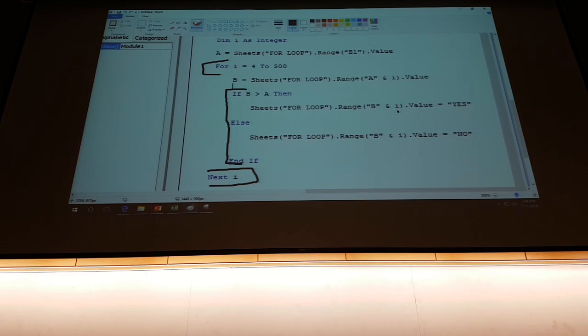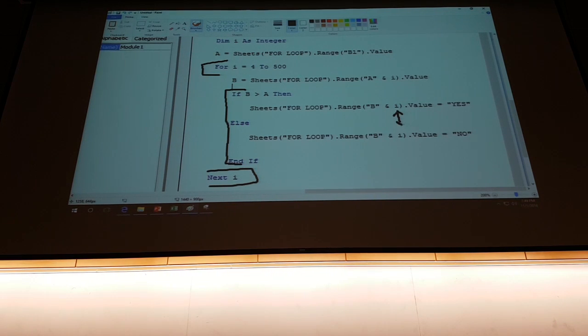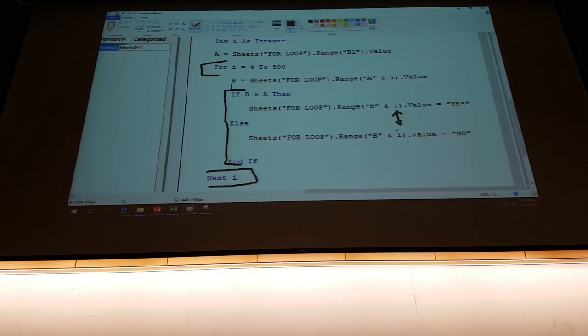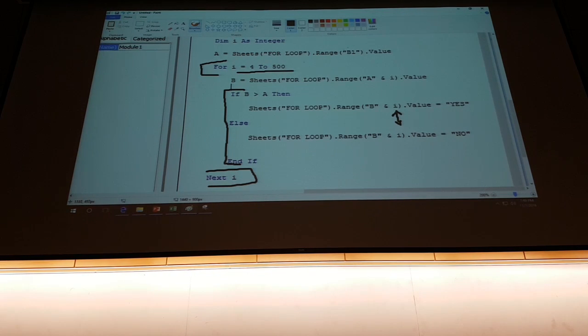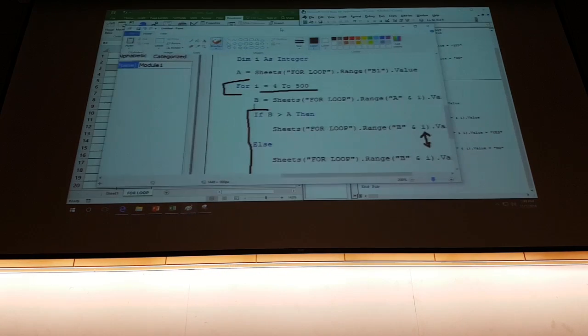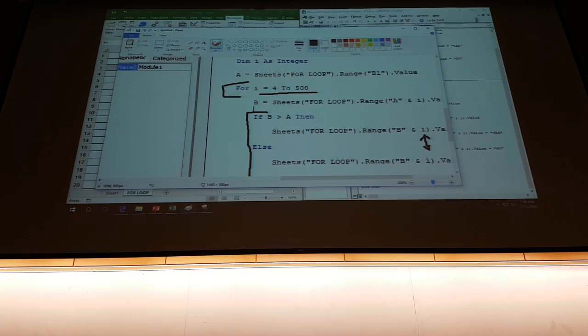The only thing that has changed is this. Instead of saying B3 or B4 or B5 as a constant value, like with the 5, 4, 6, whatever, we're changing that with a variable called I, which is incrementing every single time until it hits 500. You don't have to do 500, you can do exactly how many you had,